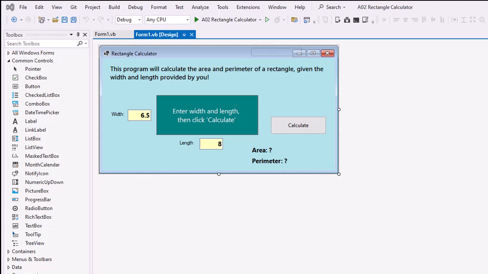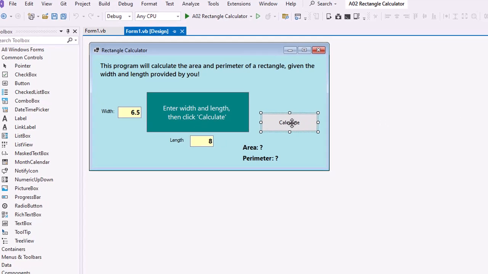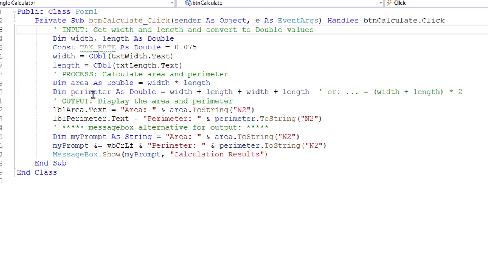In the very first unit of this course, we did a project in which we created an application that would calculate the area and perimeter of a rectangle when the user entered the width and length of that rectangle. And we clicked the calculate button, which executed some code, and in that code we did some mathematics. So we calculated the area as width times length. We calculated the perimeter as width plus length plus width plus length, and then we displayed that information. So we did just some very simple multiplication and addition math operations, and we saw that the multiplication operator is